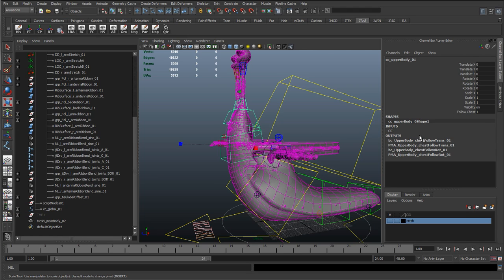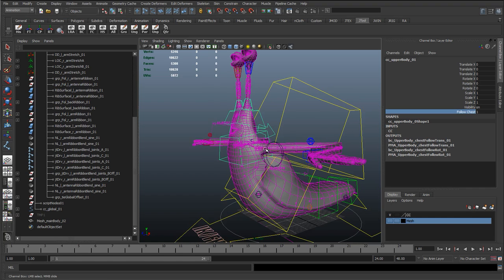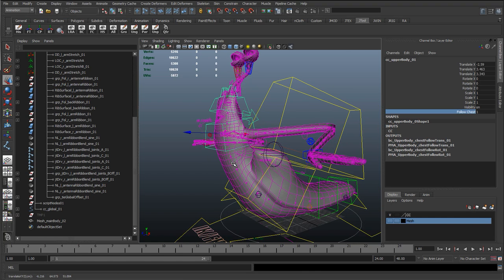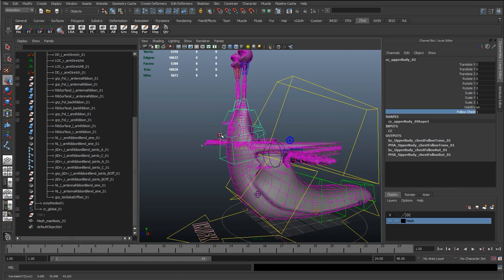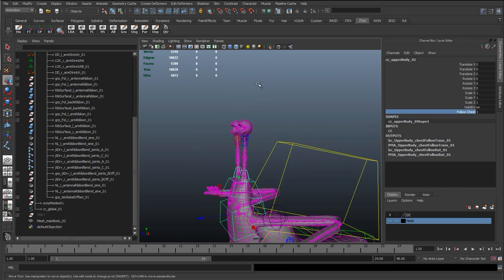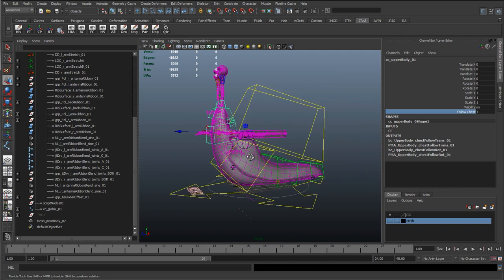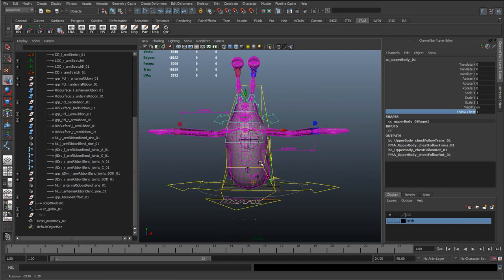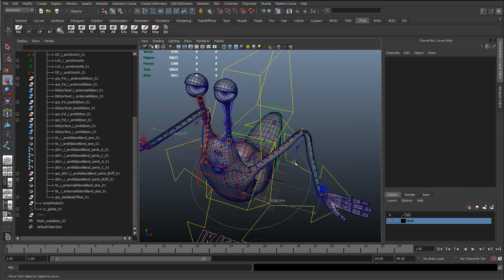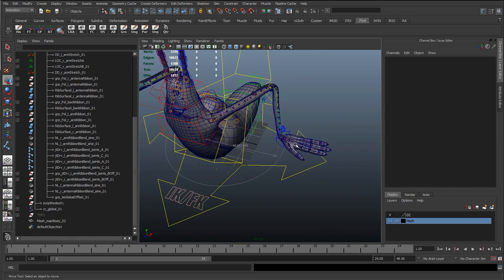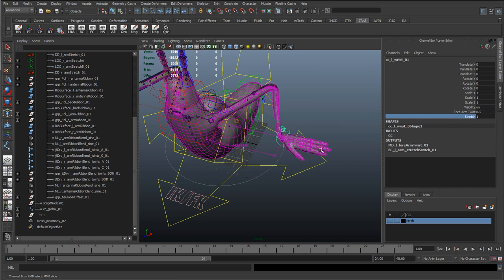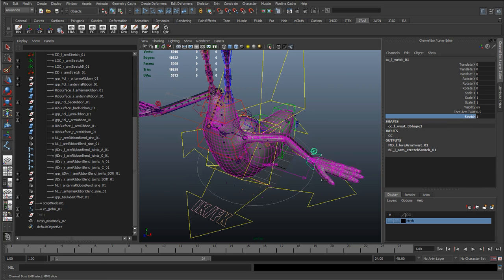So select the chest control, can blend between follow or not follow, and you can see before it was sort of moving out here and these antennas were stretching up here. So we've fixed that, that's working fine. Now the next problem we can see is these arms are bending, and if we just look into the problem, we can see if we take the stretch off,